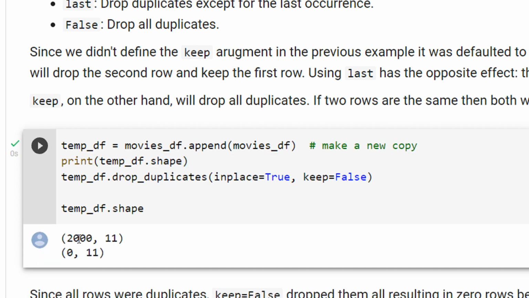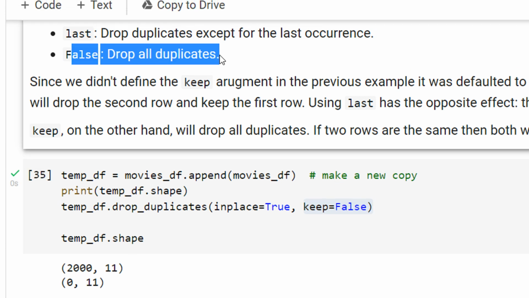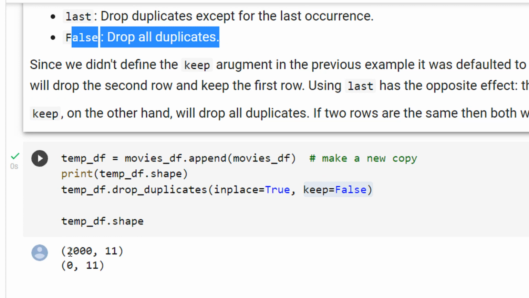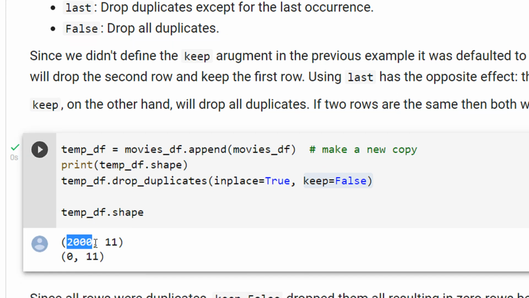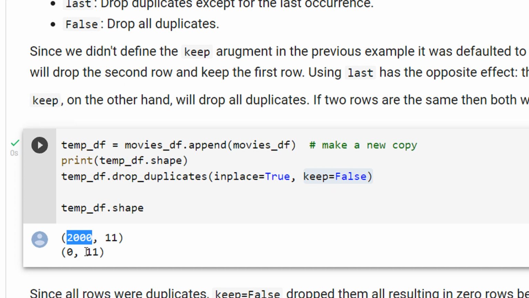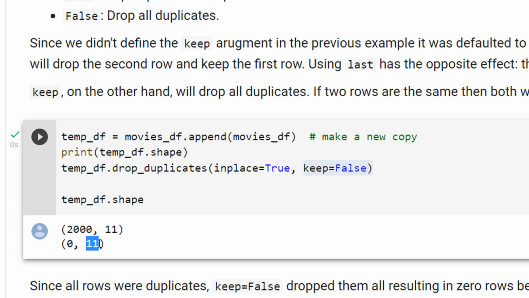This shape was 2000 by 11, and now I'm saying keep equal to False, which means drop all duplicates. Every movie was repeated twice, so all the rows were deleted and you have only the headers remaining now.